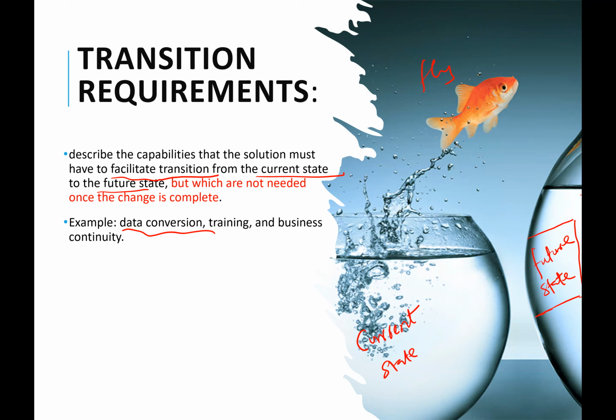Sorry, I was going to say, can we say that since the fish can fly, if we know the flight level of the fish, like how close the current bowl has to be, the distance between the smaller bowl and the bigger bowl. So distance. Yes. So that's one transition requirement, right?